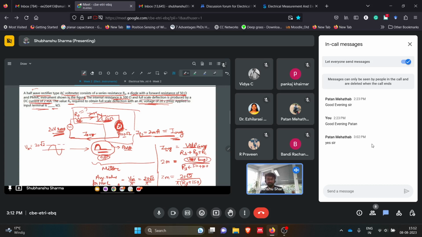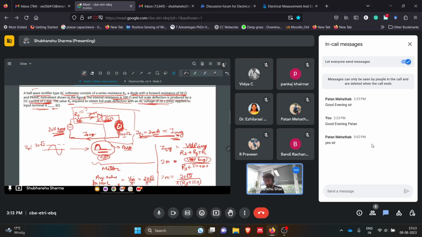So when they said DC, that means the average value of the current. That means this PMMC meter is calculating the average value, this is showing the average value. Okay, 2 milliampere, that is 2 milliampere. So this full scale is 2 milliampere, which is the average value of what is being measured by